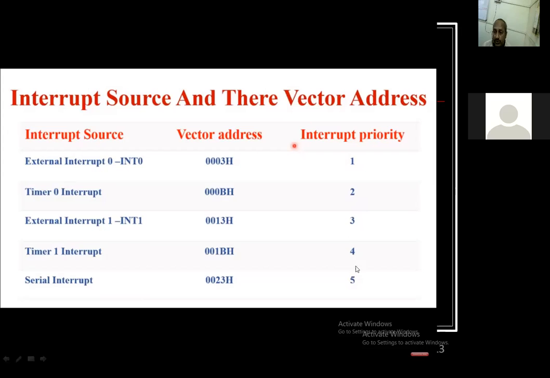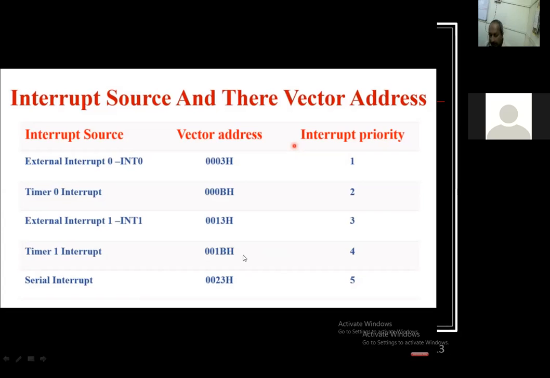If you want to give the highest priority to timer 1, the 4 can be replaced by 1. In that way we can do it. When we learn programming, at that time we will take up programming for interrupts, and just remind me then how to change the priority.